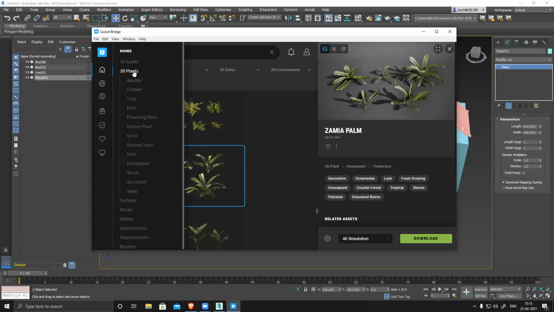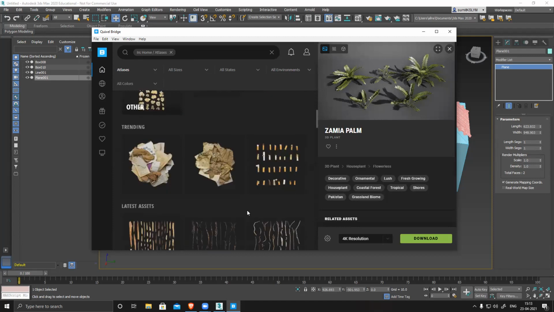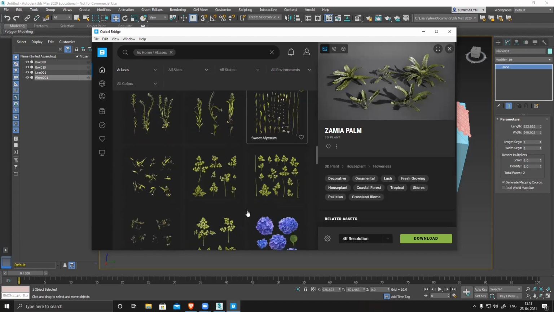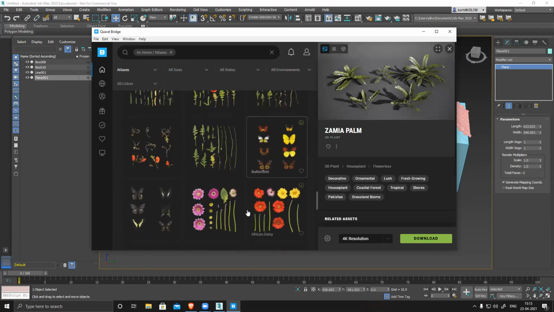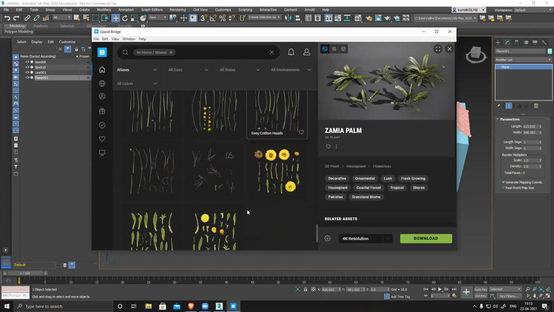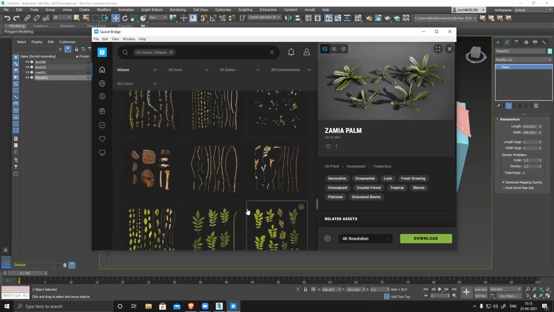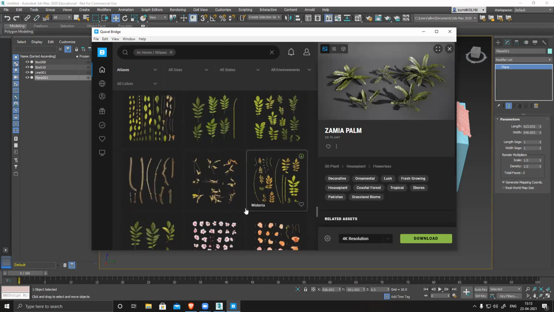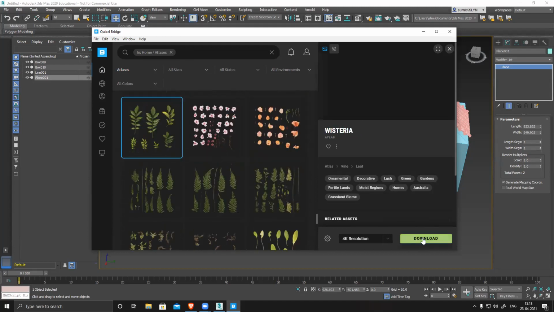There's something called Atlas. Okay, let's use this one only quickly.